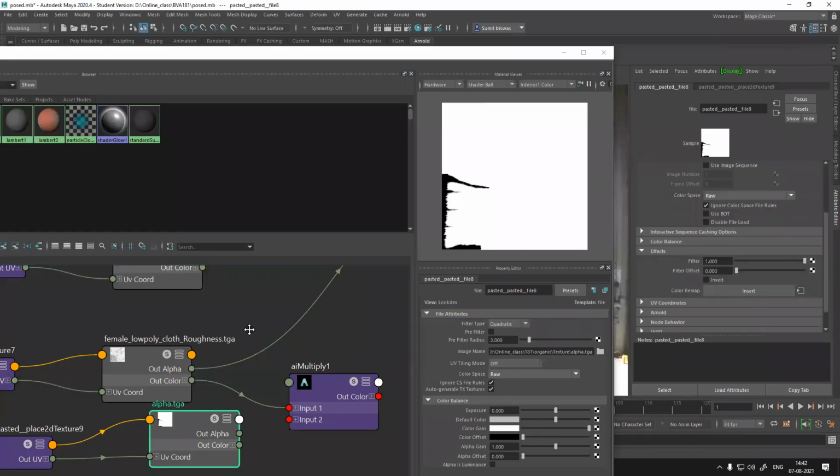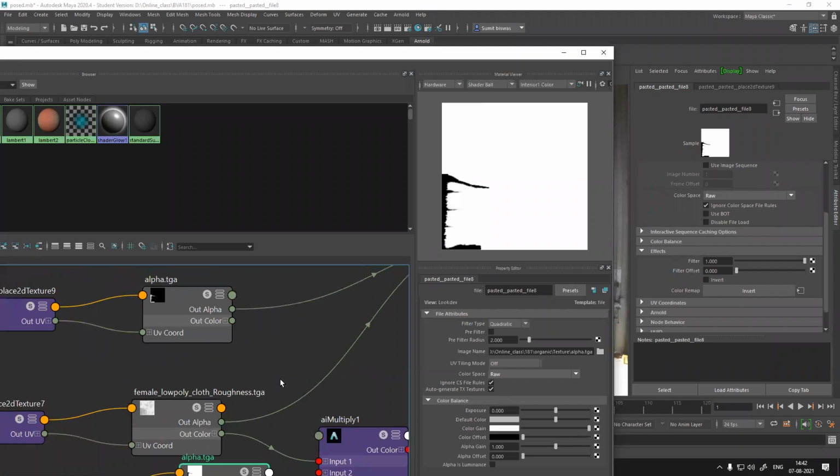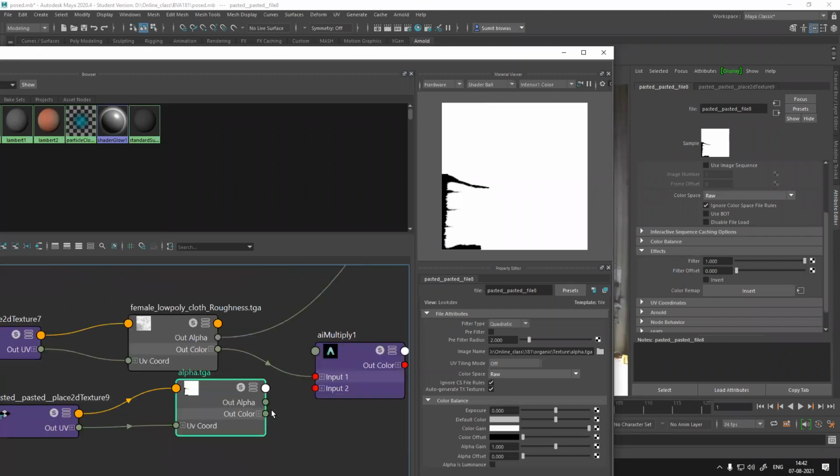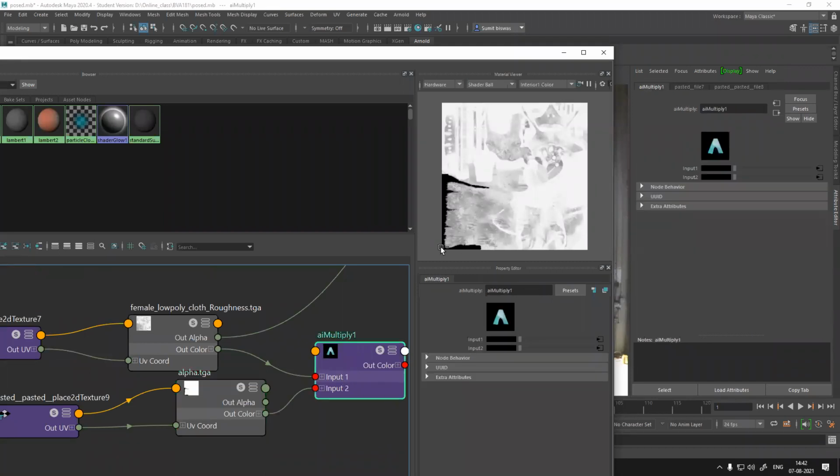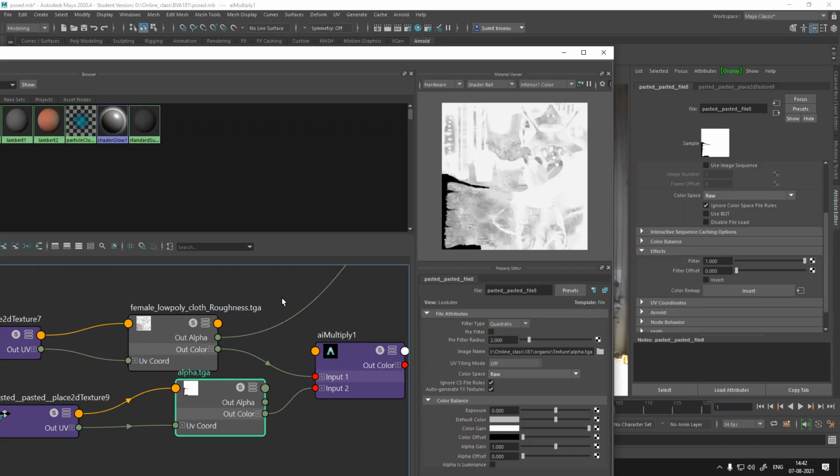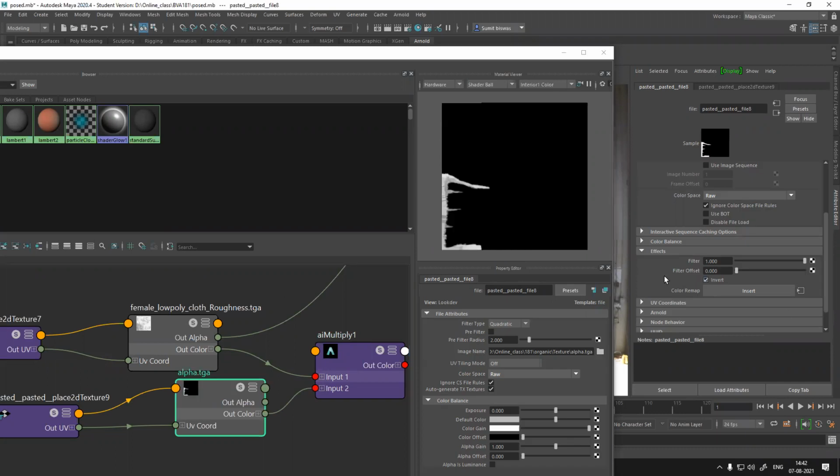Not inverted. So if you see, these two are separate now, I can control them separately and multiply with this. Oh, it was correct only actually. So you can see the output becomes this, making the outside dark. Okay, it should be inverted only. But if I invert this, it makes the rest of the part full black.